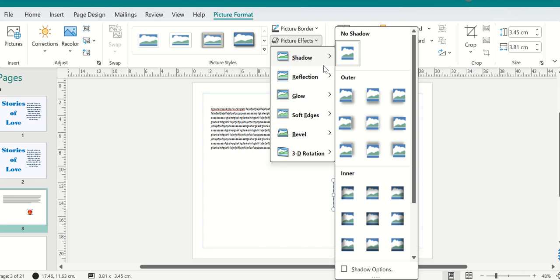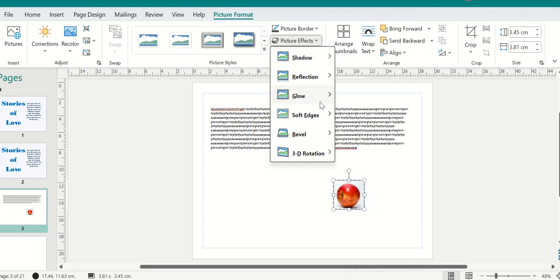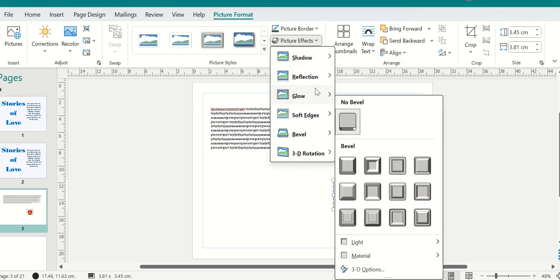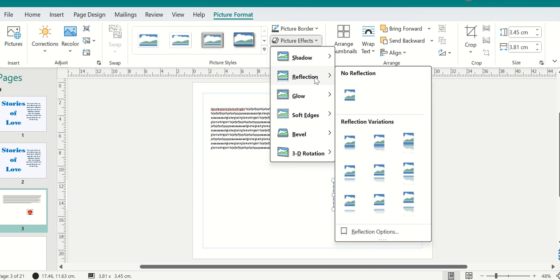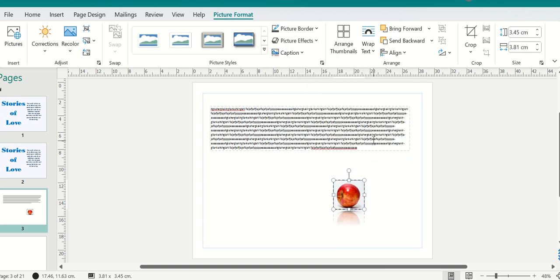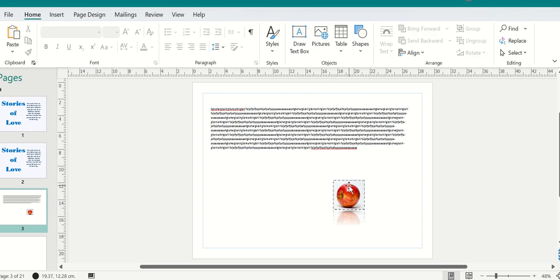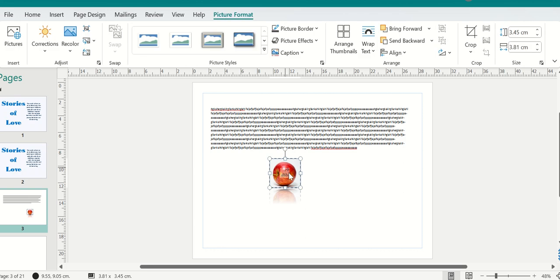You want to put a shadow on your picture, depending on what you want to do. There are loads of effects on pictures. You have some pictures that have a shadow on the publication and things like that, depending on what you want to design. So it depends if you're making a newsletter or a card you're printing, you can add this effect. You want to remove it, go back